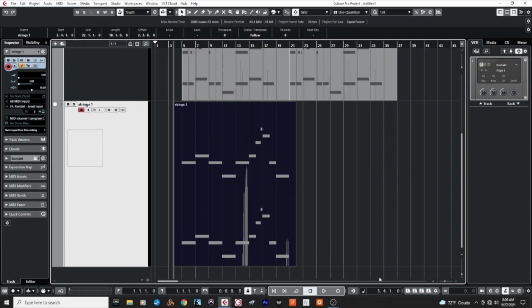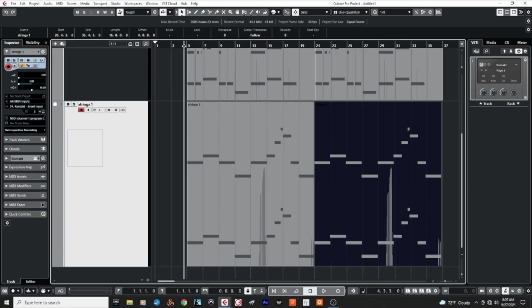And keep in mind that it really depends on what you are scoring to and how all this works. I have no footage right now to work with, so I'm just creating kind of a scratch idea for a possible client, that they hear it and they go, oh, well, that could work for this passage of running through the forest or the wilderness or something, or horizon, sunrise or sunset. So I'm just experimenting, and if you happen to be a filmmaker out there, you hit me up and let me know what you want. So I go here, and now we have